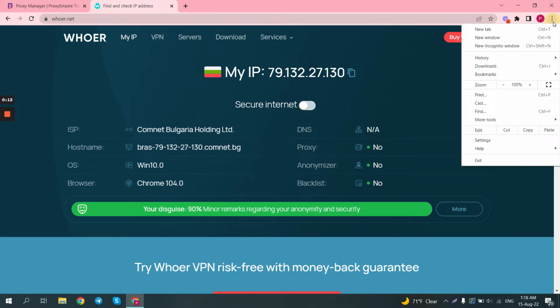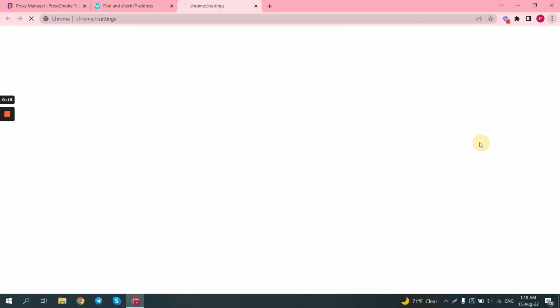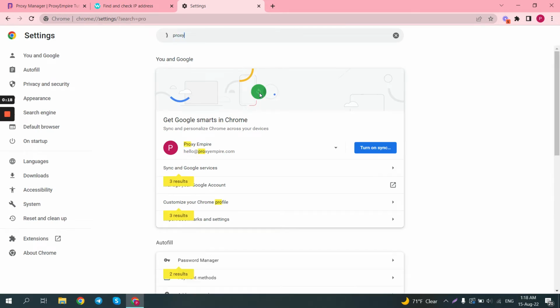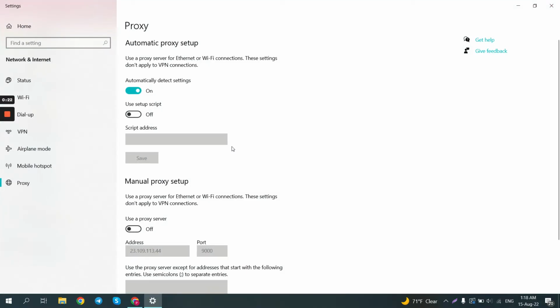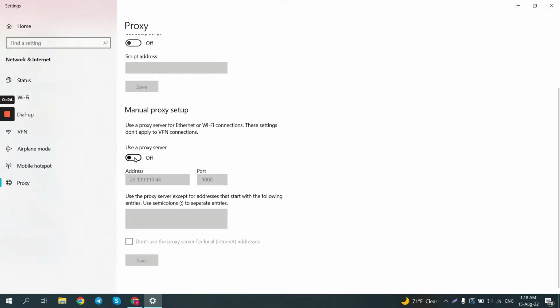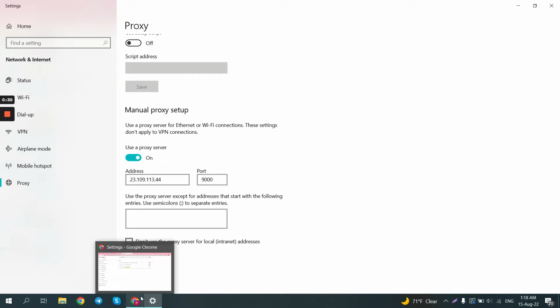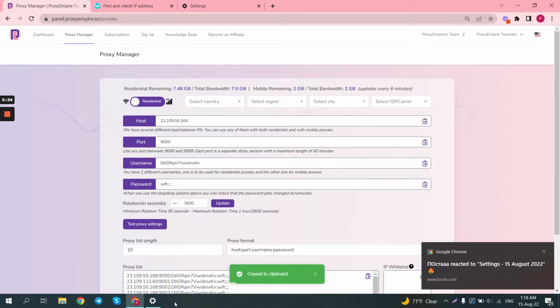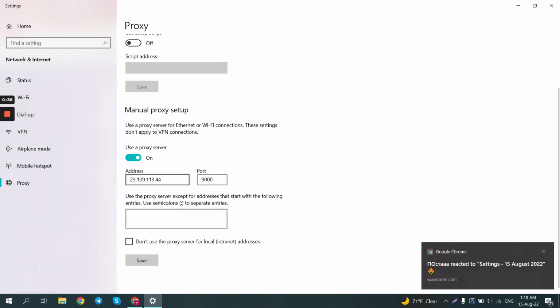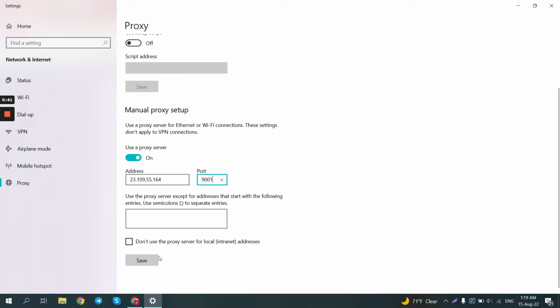The next step is to click in the top right corner on the settings button, type proxy settings, open your computer's proxy settings, click on manual proxy setup, and here in this field you need to enter your host IP and port that you'll be connecting to. In this case I'm using ProxyEmpire's residential proxies, so just copy the host IP as well as the port, click save,